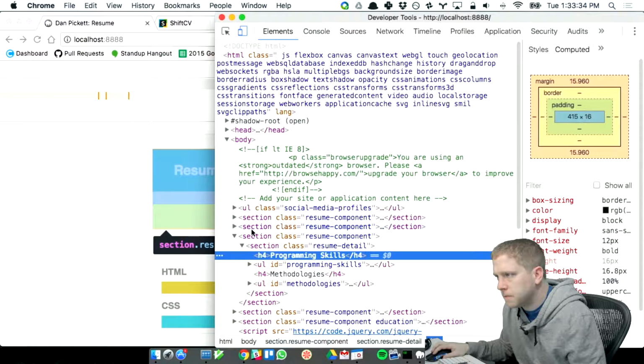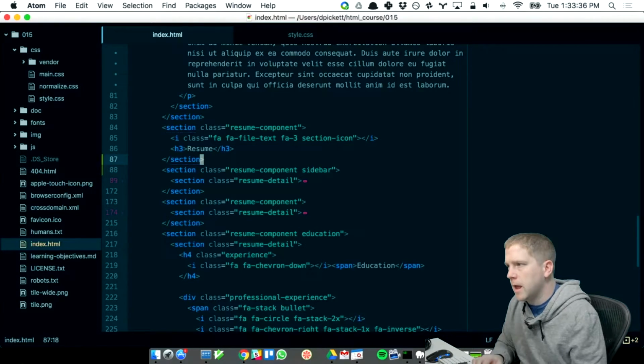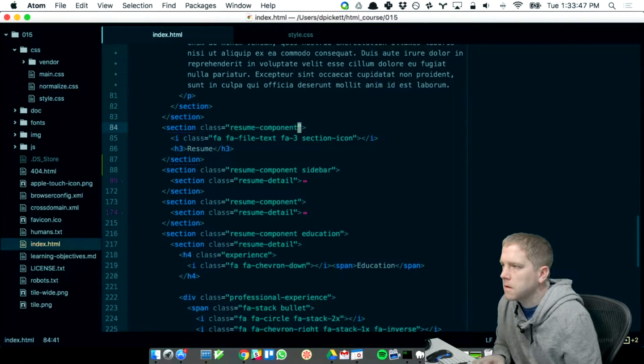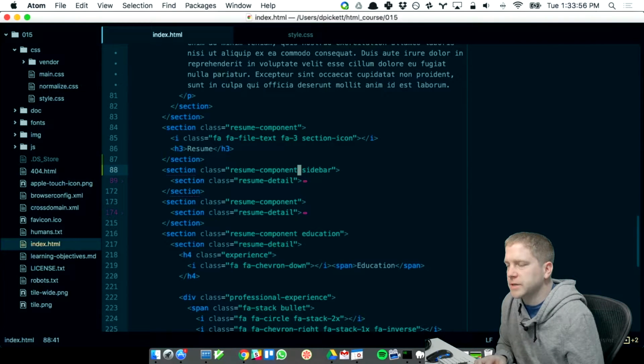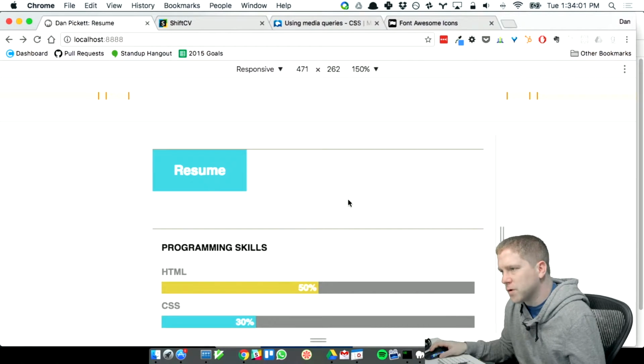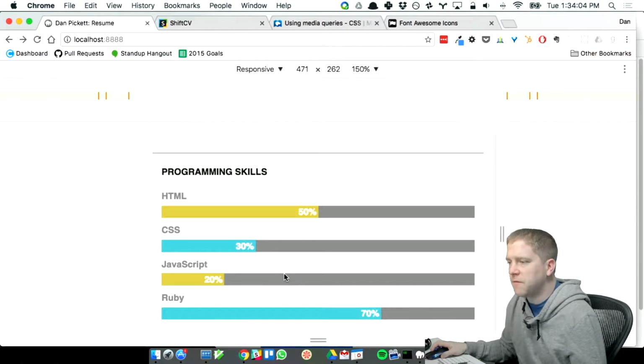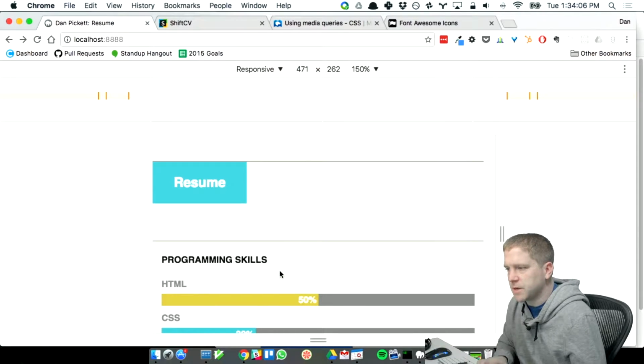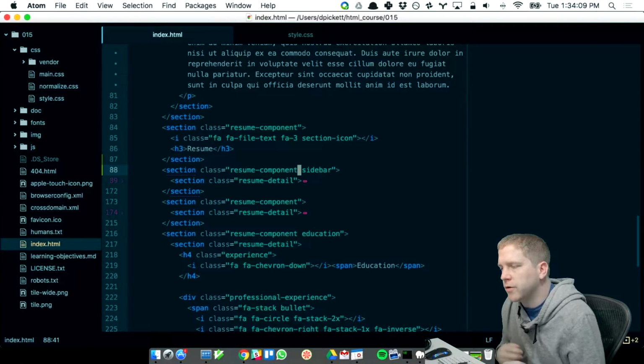So we're going to create a sidebar, and then we're going to have a main section. Yeah, I don't like this approach either. I'm trying not to mess too much with the semantic structure to support this aesthetic that we're going for. And essentially my mobile first approach doesn't necessarily fit the flow of information as much as I would like it to. So what I'm going to do is